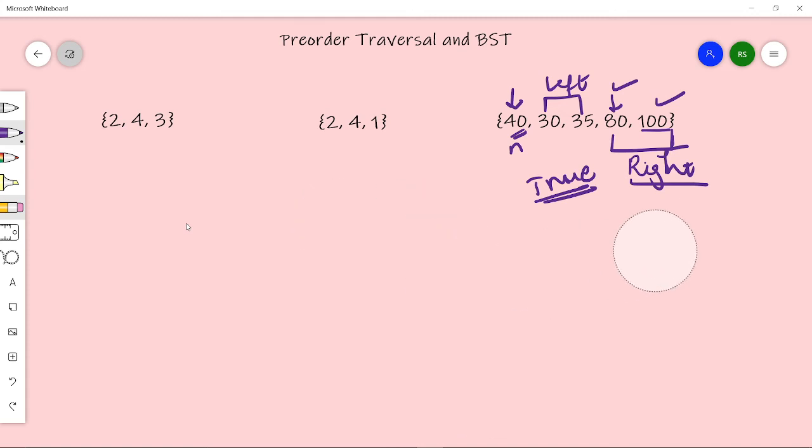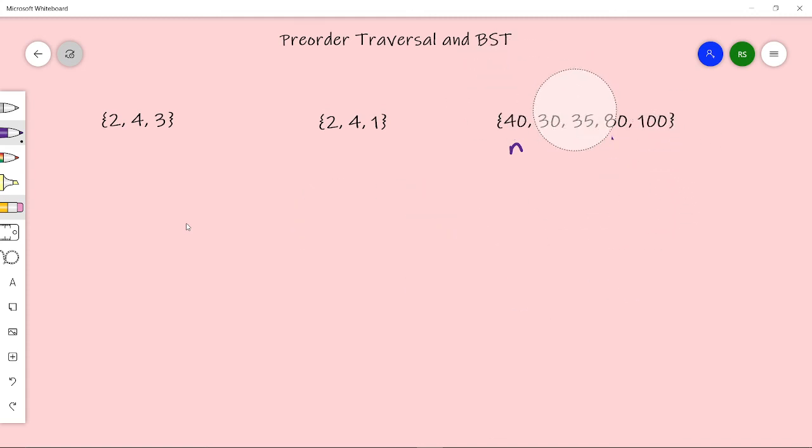So see, thinking of the brute force is now really very easy for this question. What will we do? We just traverse the given array and if we find a value greater than the current value, then after that node every value should be greater than my current node. So that is what I'm trying to say.